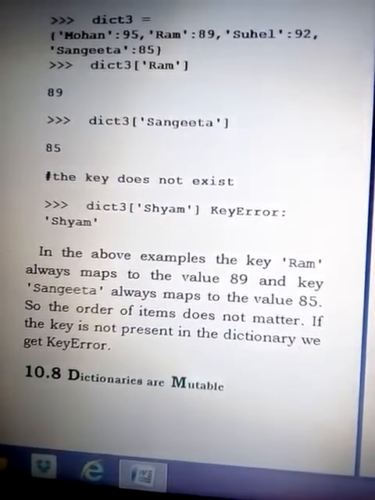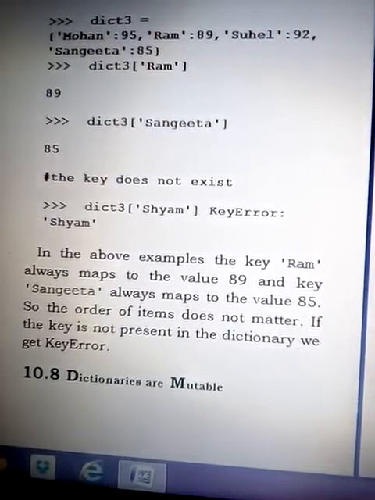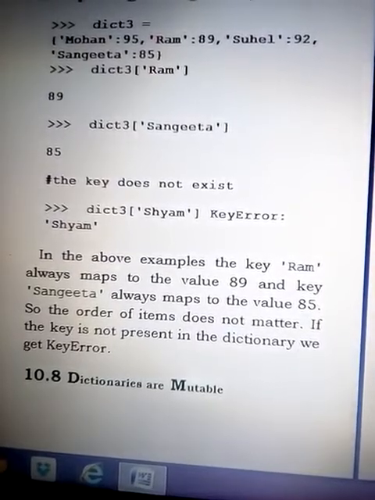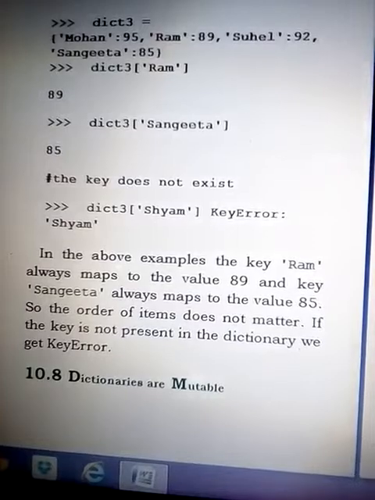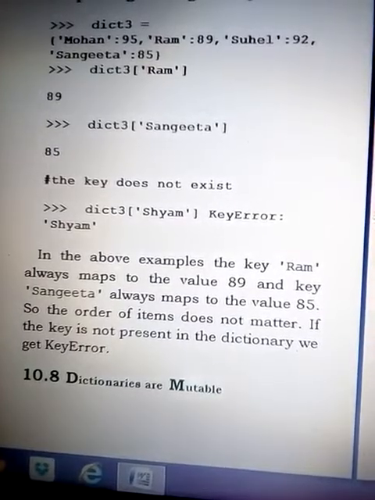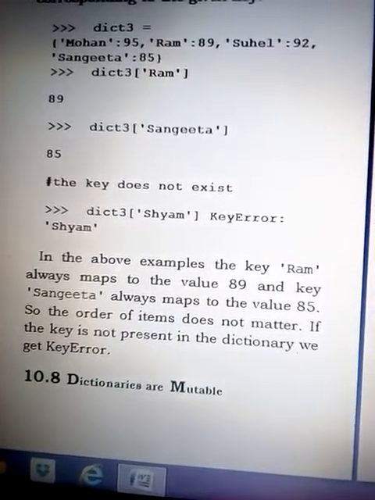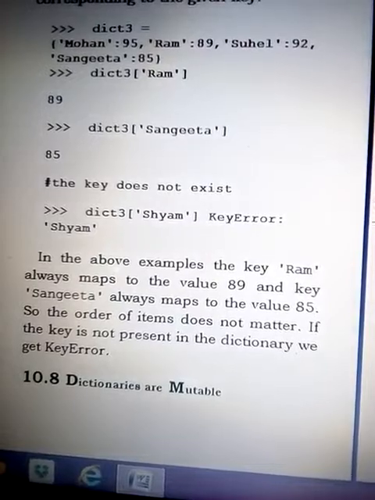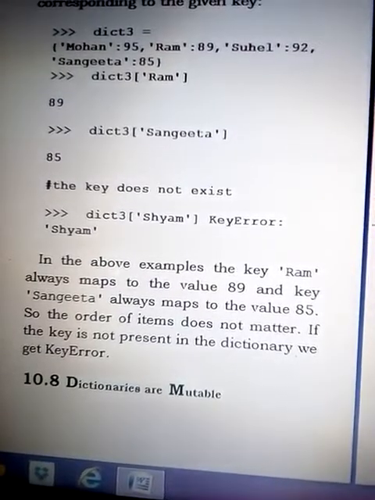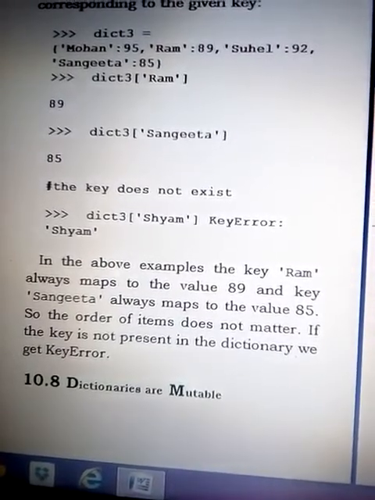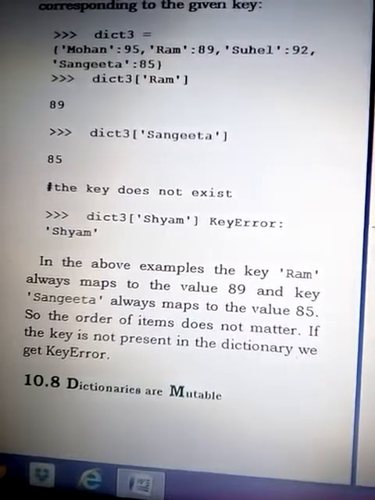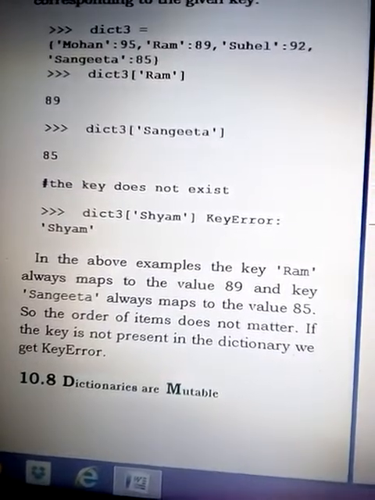We have to take keys like only string, integer or tuple. We can't take a list as a key because a list is mutable. We can take an integer, we can take a string value as key in the dictionary here.